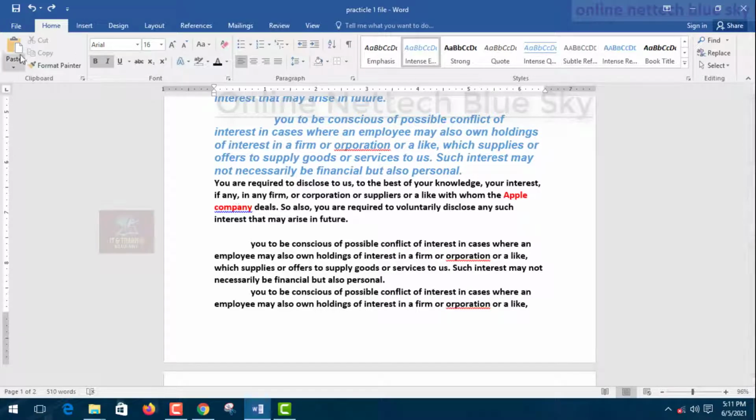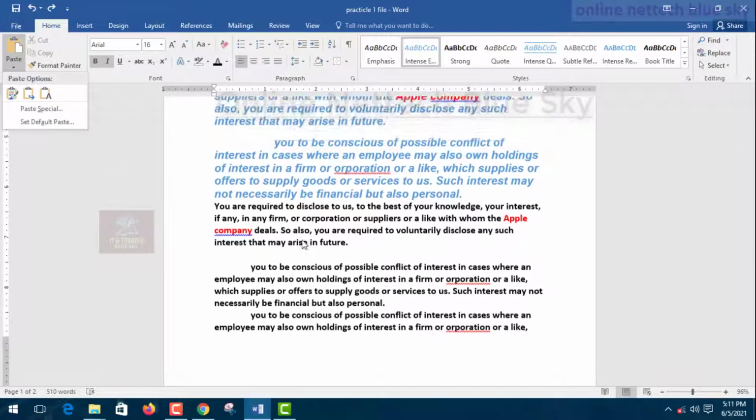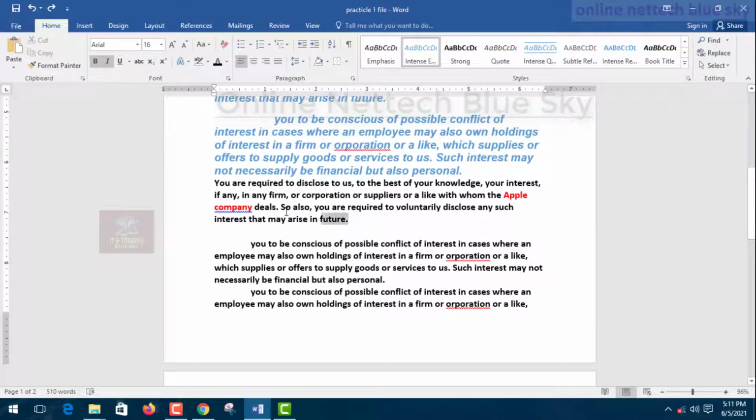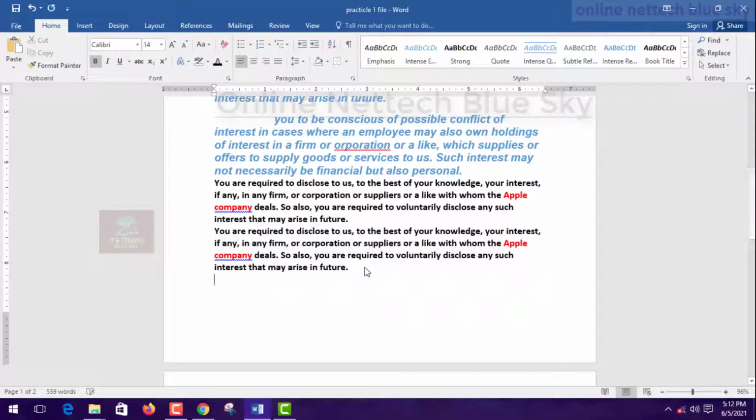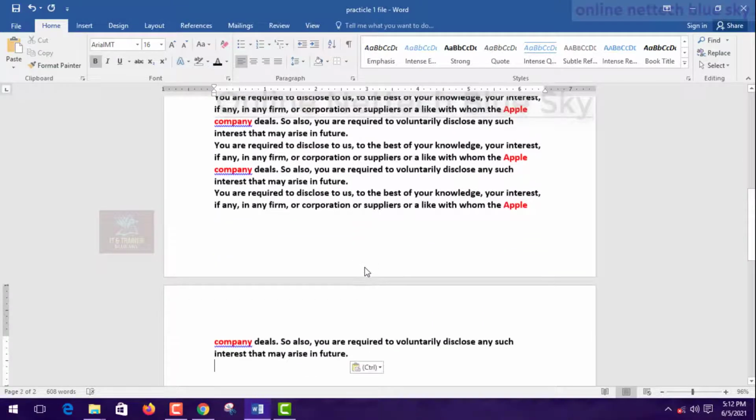Okay, and I'm showing you Paste. What is Paste? Because I copied this my character. Okay, this is select, right click and copy. And I want this same paragraph again, so click on Paste here, and the shortcut key is Control V. Okay, so first select and you want to copy, so press the Control C button, you copy the line, and you want to paste, press Control V, same to same.